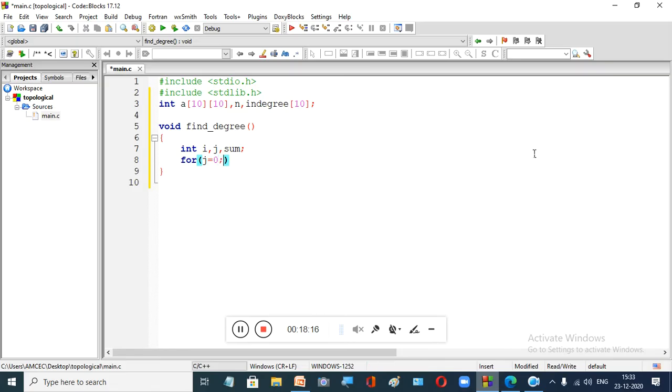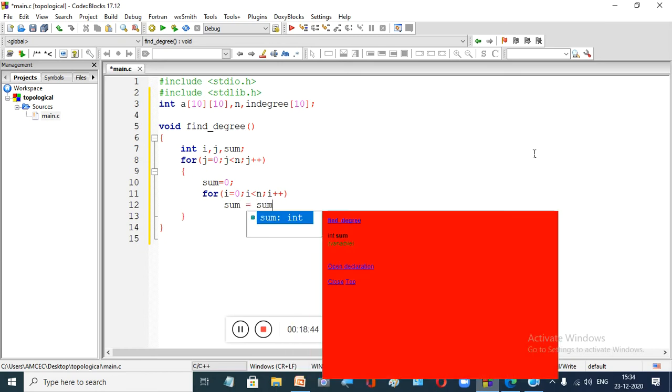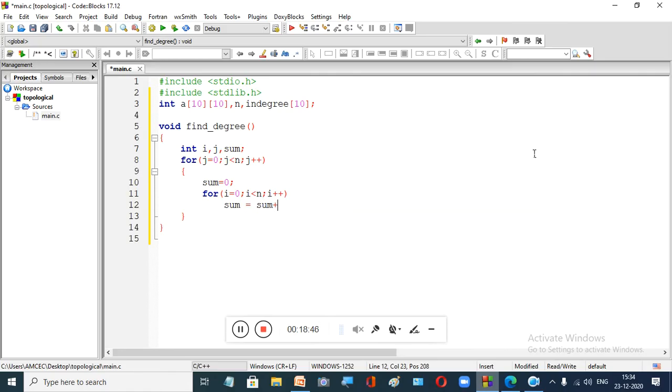Now we'll start with, for j equal to 0, j is less than n, and j plus plus, right? First we initialize sum as 0. Next we take another loop, for i equal to 0, i is less than n, and i plus plus, right?